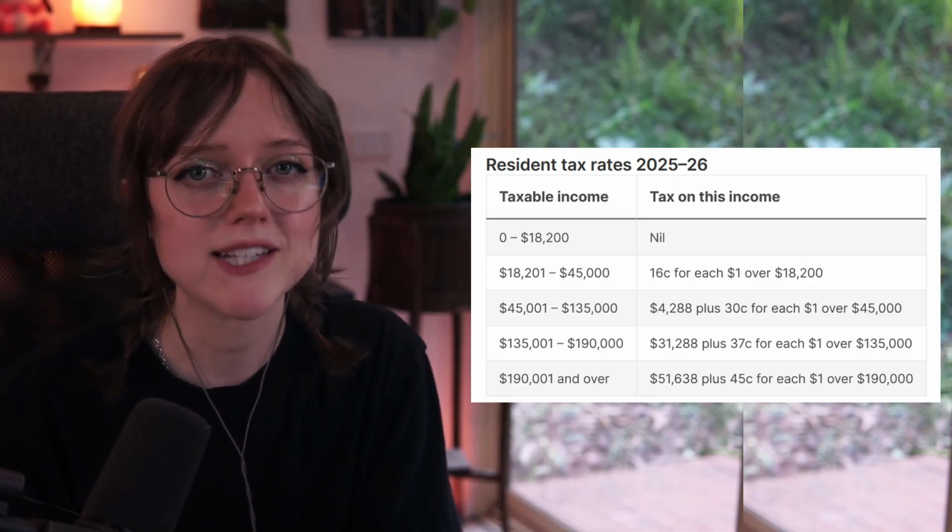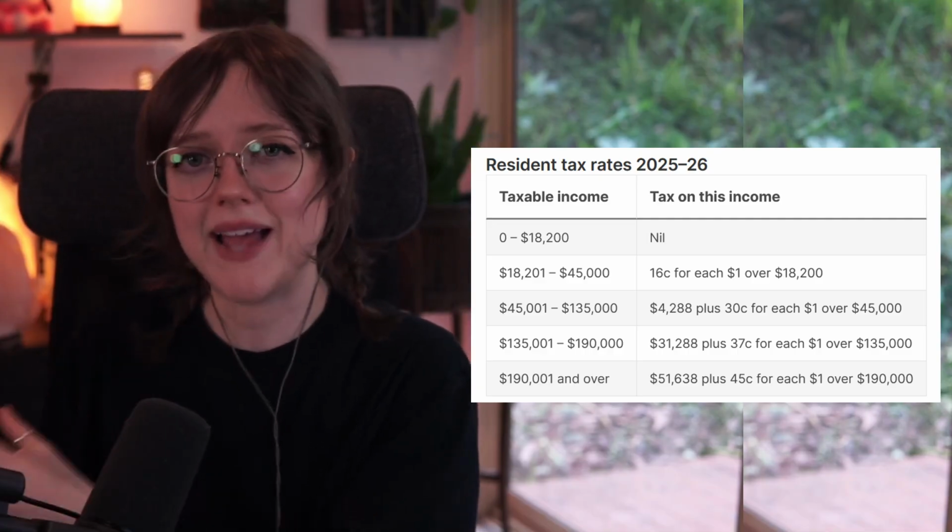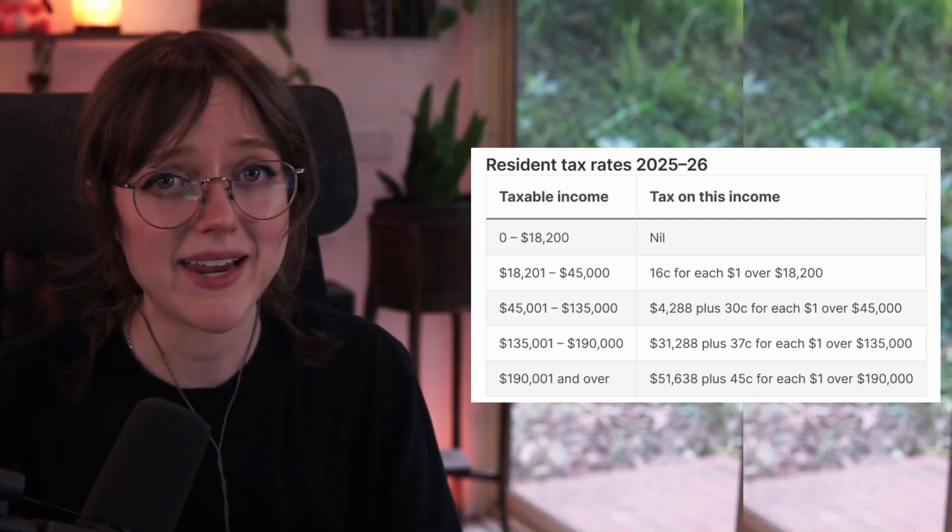This becomes a lucrative venture, but even more so for people in higher tax brackets, not only because they have the money to be able to afford an investment property, but because they're paying a greater proportion of tax on that external income, meaning that there's more tax for them to offset when they can negatively gear a property.